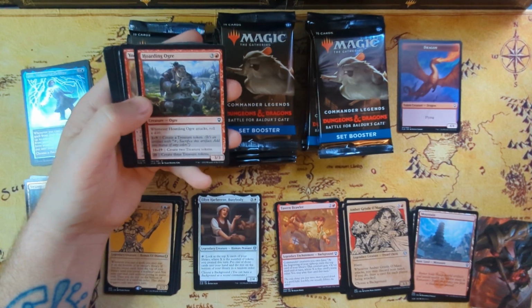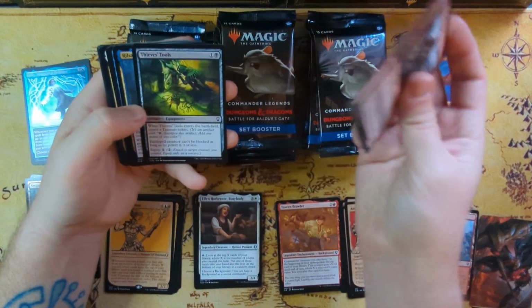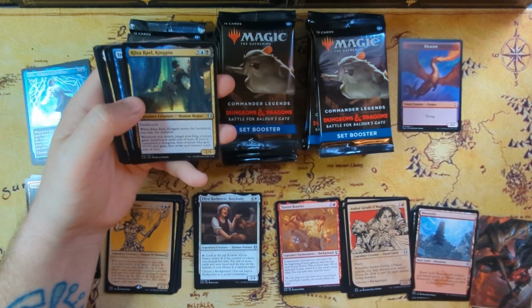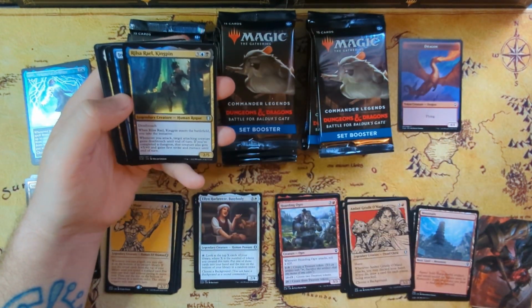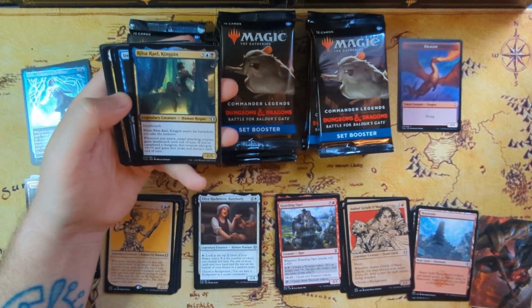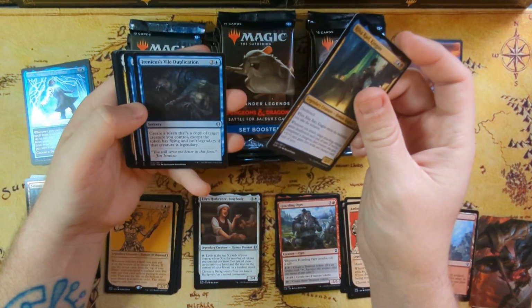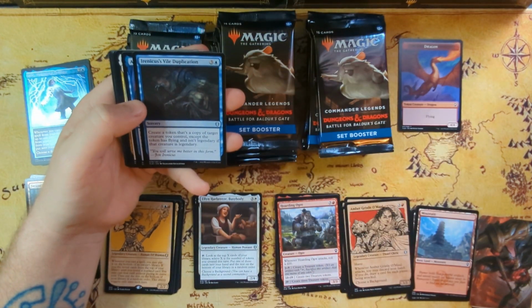Alright. Hoarding Ogre. This was in the last set as well. That's interesting. You've been caught stealing. Thieves' Tools was in Adventures of the Forgotten Realm as well. A lot of cards coming from both sets, apparently. Reelza Rail Kingpin. Erenicus Vile Duplication. Create a token that...